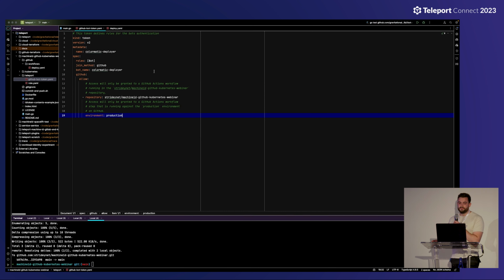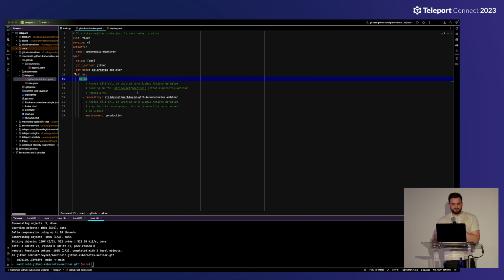When we go back to the actual implementation, we'll first take a look at the join token that I've talked about. We talked about join tokens earlier in terms of that kind of secretless initial authentication to the Teleport cluster for the bot. This is the token that's in use. I've defined the join method as GitHub, which tells the Teleport auth server that we're expecting a GitHub formatted ID token from the platform. We configure the allow rules to say which identities from GitHub will be allowed to authenticate. You can configure as many allow rules as you want here, and as long as one of them passes, it'll be able to connect.